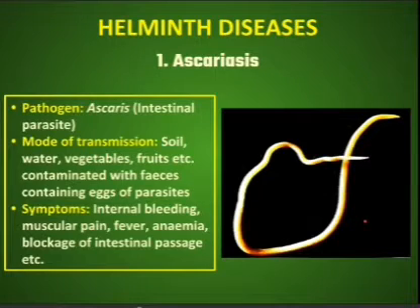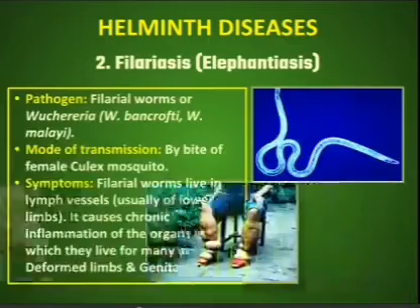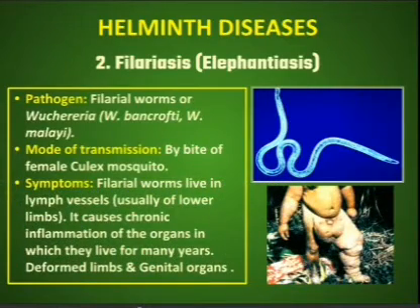The second one is filariasis. Filariasis is also known as elephantiasis. It is caused by the filarial worm Wuchereria bancrofti, and the second species Wuchereria malayi. This disease is caused by the bite of the female Culex mosquito, and the symptoms are that in the person who has filariasis,